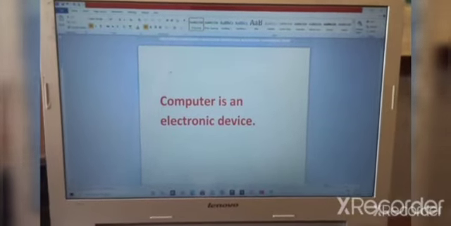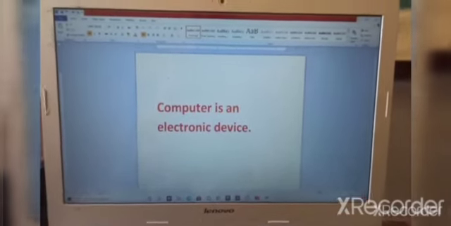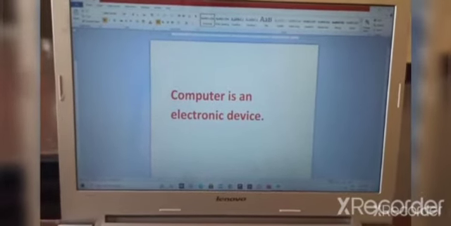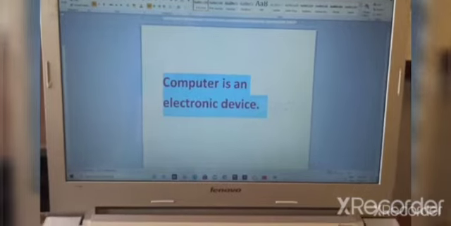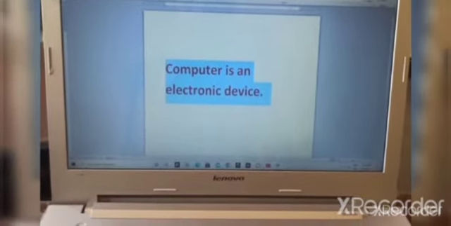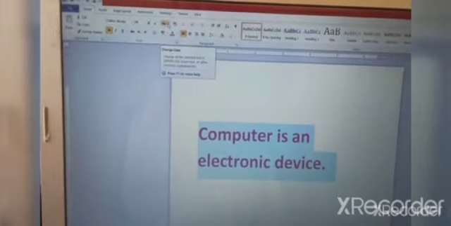Children, let us see how to use this change case option in computer. So here I have typed "computer is an electronic device" in MS Word. To change the case of that, select the text. So after selecting, you can see here on the Home tab, in the font group, you have A and a, one capital letter A and small a along with the drop down arrow.